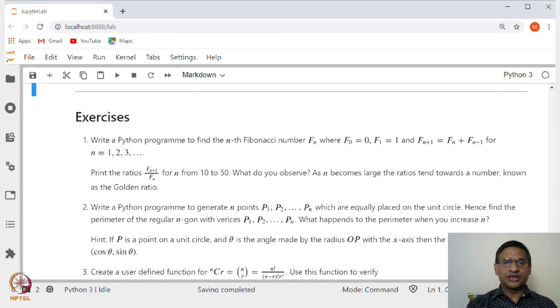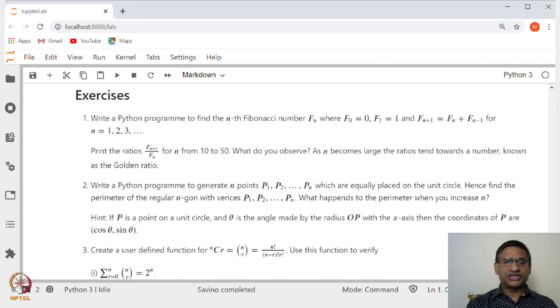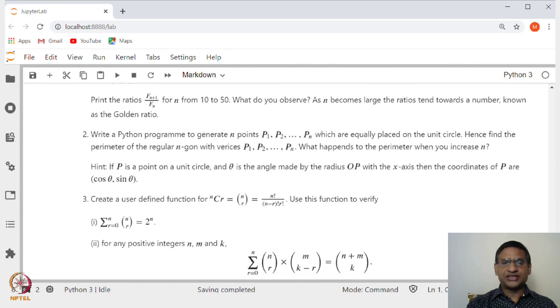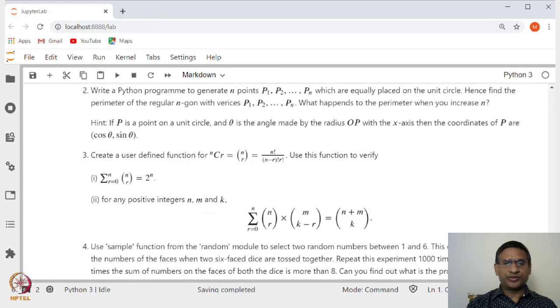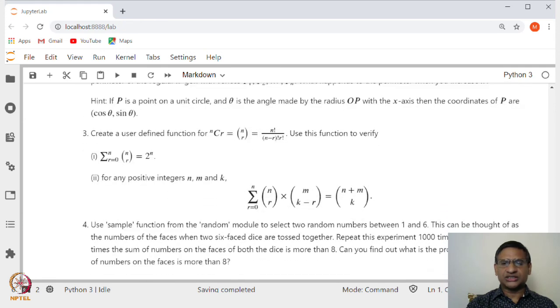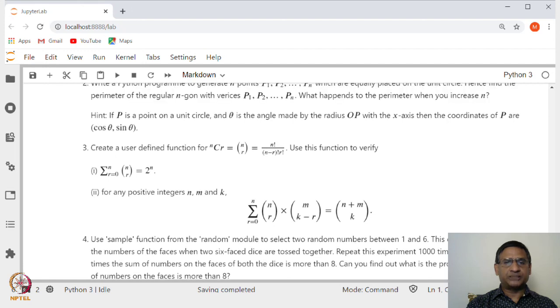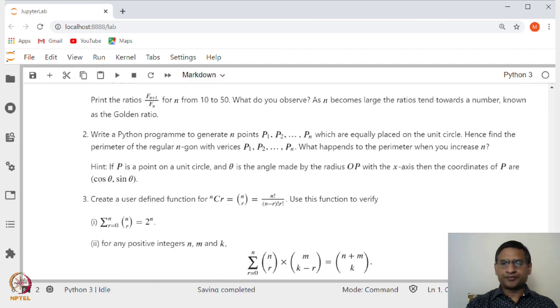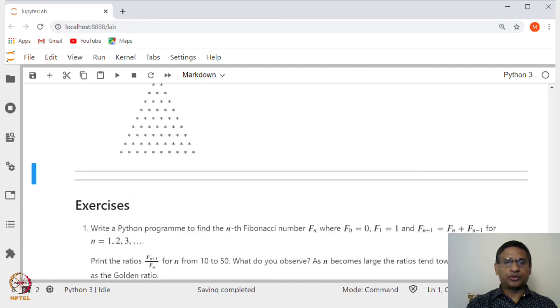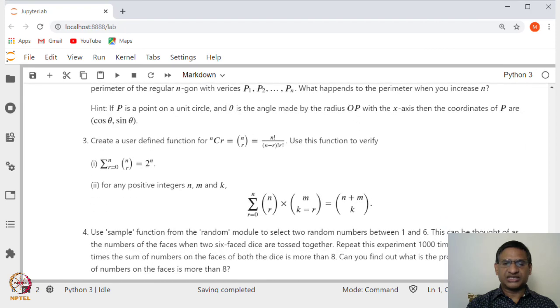Of course, we will be posting you the solution of these things, but they are actually fairly simple. I am sure all of you will be able to write a program for this, and so spend more time on working on these things, because that will also teach you for loop and nested for loop, etc.